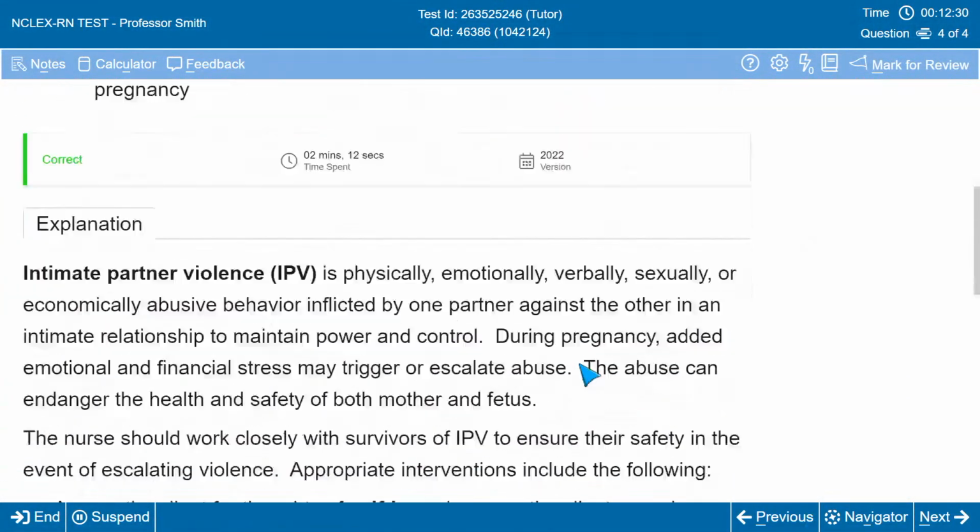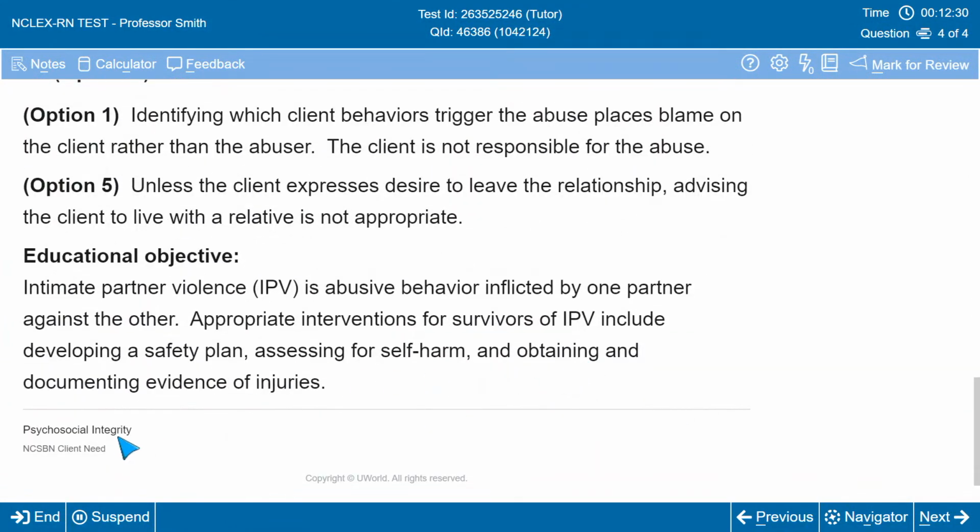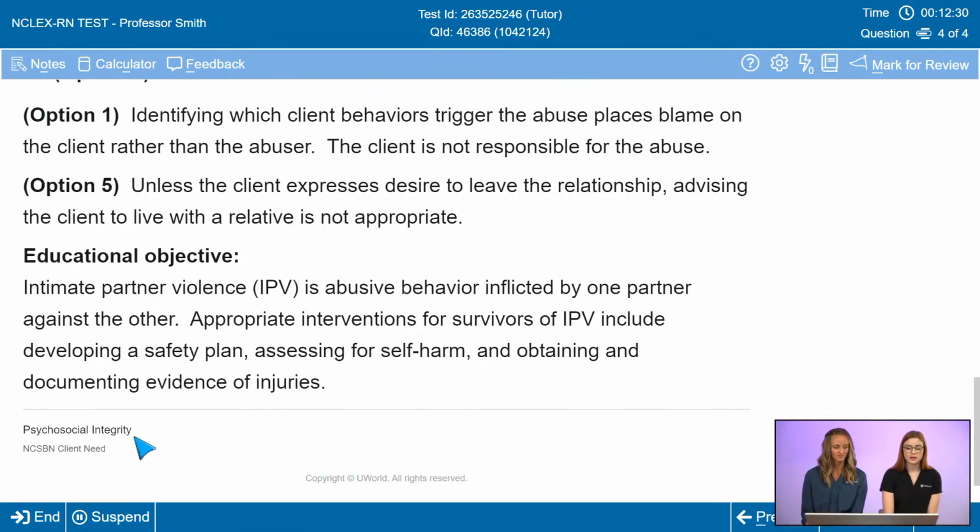So, like we talked about earlier, at the bottom of the questions, you guys were able to see the psychosocial integrity label here. I think it's the very bottom. And in our bank, these are going to be under, I believe, mental health concepts. And so any psychosocial integrity question will pretty much be there. You may see some crossover here and there with other categories, but for the most part, they will be in that one. As you get your score report too, this is important since it should give you categories of what topics you might need most help on. So you'll be able to sort that in our bank too and see what questions you might need.